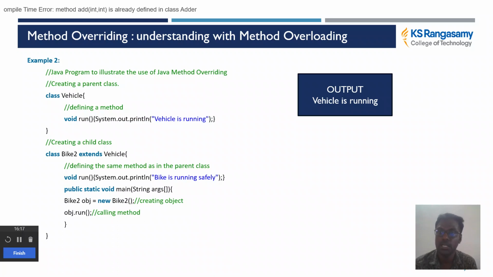So in this example, we have a class called Vehicle, and that class has a void run method which prints vehicle is running, and the second class is Bike2, which extends the Vehicle class. In this Bike class also we have a run method like the parent class. This is where the method overriding concept comes into play. In the second class, the run method is going to display the output as bike is running. So within the main method I am going to create an object for the Bike2 class, and I am going to call